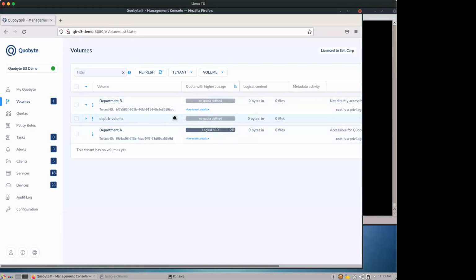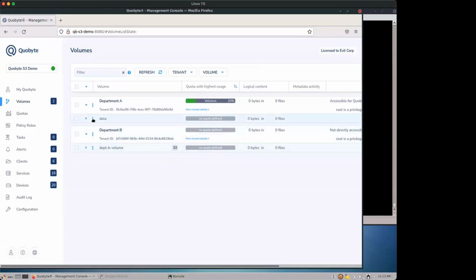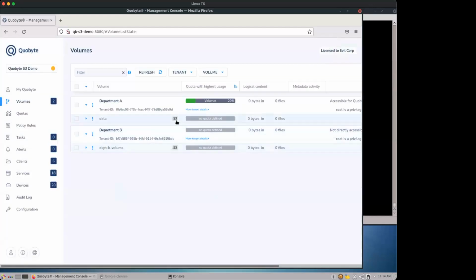So the first step is to create a volume here in that tenant. I'll just call it data. And then we'll tell Quobyte to publish this as an S3 bucket. So that's an extra step because you can set a different bucket name for a volume. That sometimes makes sense because DNS naming conventions are more restricted than how you can name a volume in Quobyte. So the volume name might not be compatible, and then you need to rename it. Here in this case, it's pretty straightforward. So we'll also publish it as